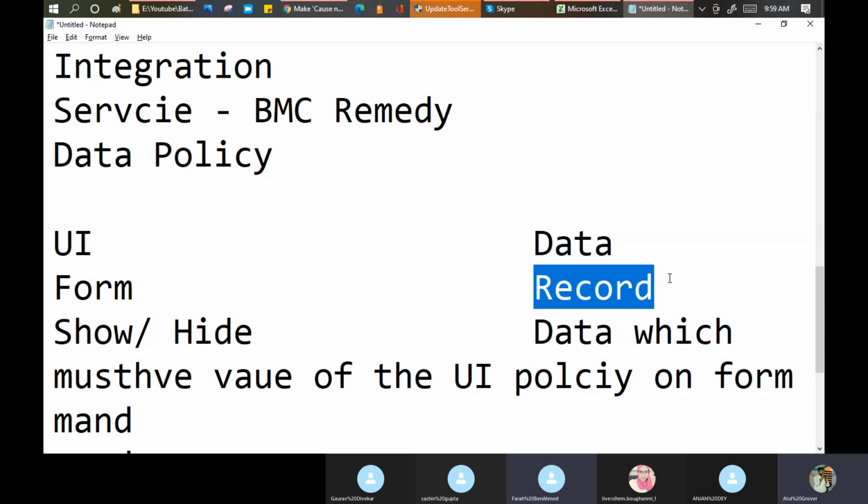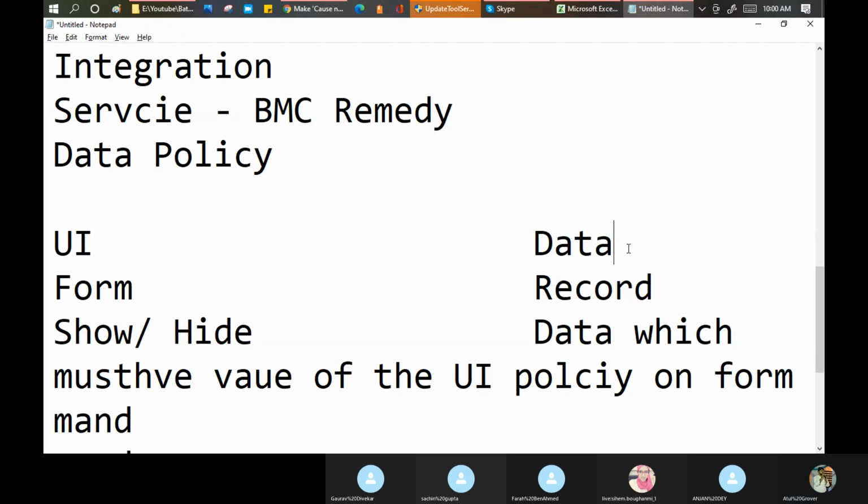In the data policy, you are bringing the data from some other source; you're not getting the record on ServiceNow, you're bringing it from another tool. Like if I come to your country and want to drive a car, what is required? I should have a license, an international license.